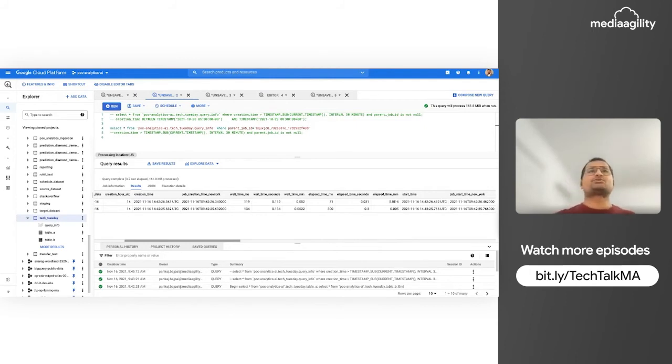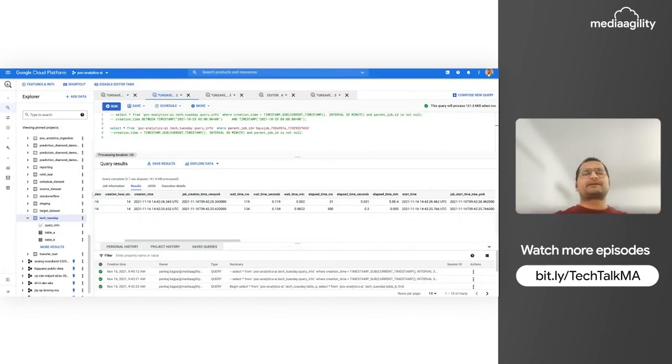Now, suppose you have been assigned slots, like let's say you're working on a flat rate schema, you have been assigned 1000 slots, and now you are running maybe 1000 queries. You want to see whether those 1000 slots are enough for you, right? How will you identify? One of the good things you can see here is the wait time.